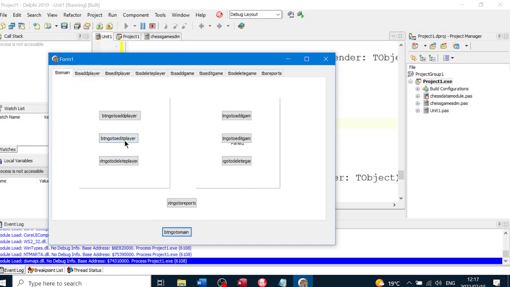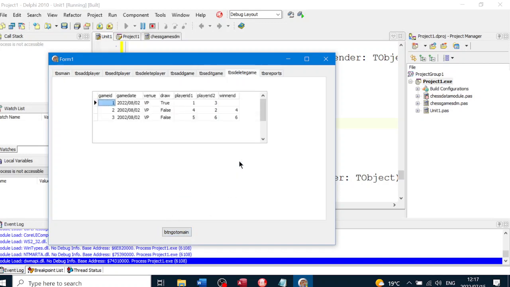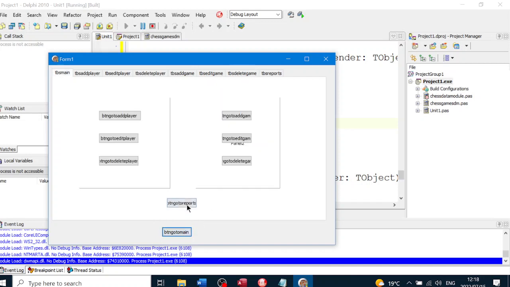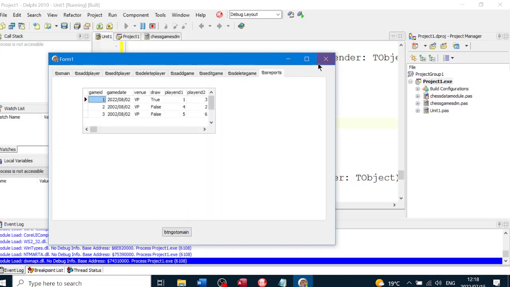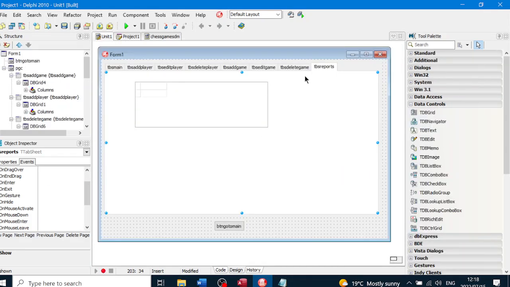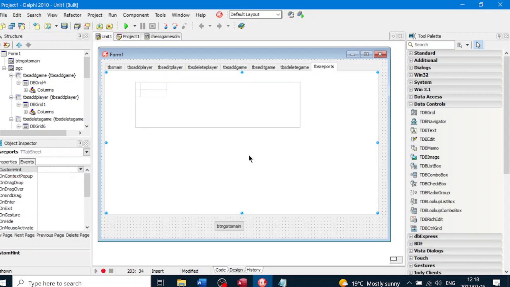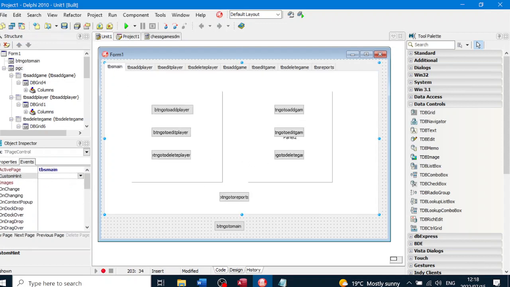So if we go to our tab sheets, you'll see that they're all neatly aligned database grids, and they're fitted basically so that you can see. And let's go to the reports, and there's our query where it's displayed that. Now of course you just change the size of the grid to suit your display. Right, so now we've got that set up. That's the main setup. Once we've done that, then you're ready to write the rest of the code in TBS